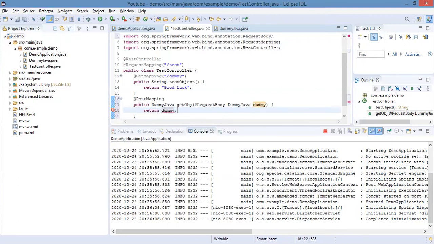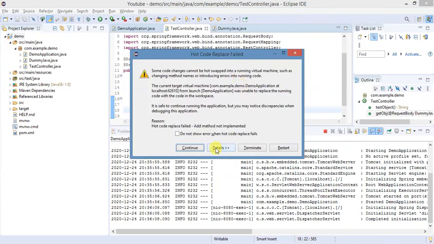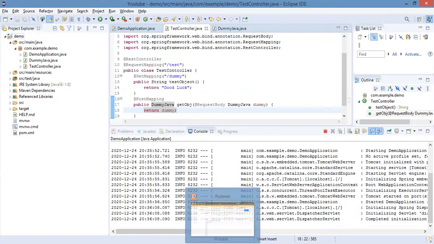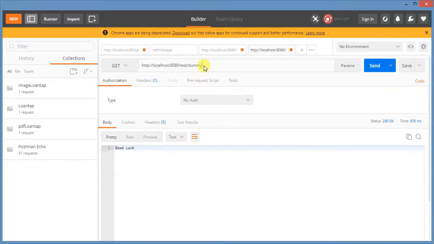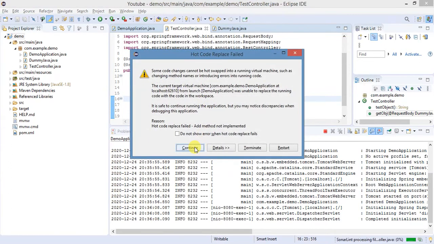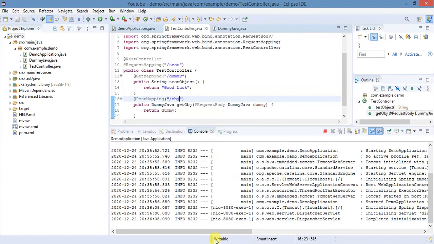Now this is complete, so let's see if it works. Open Postman. Send a path, obj, a test obj.